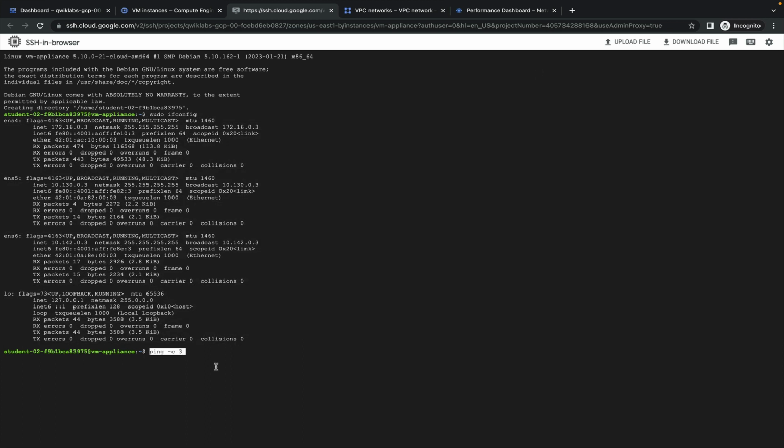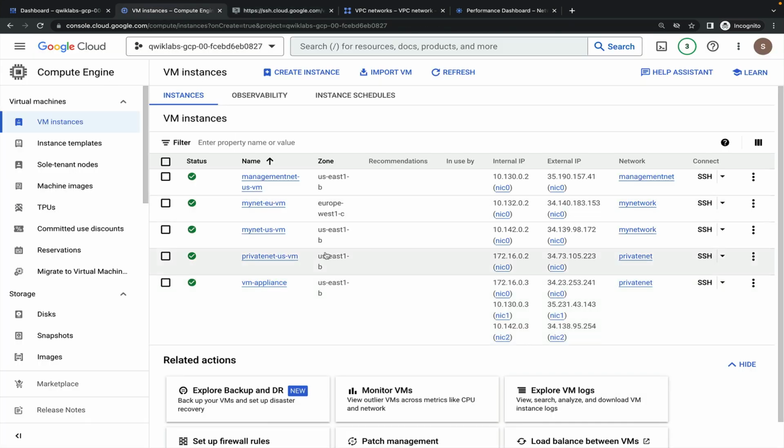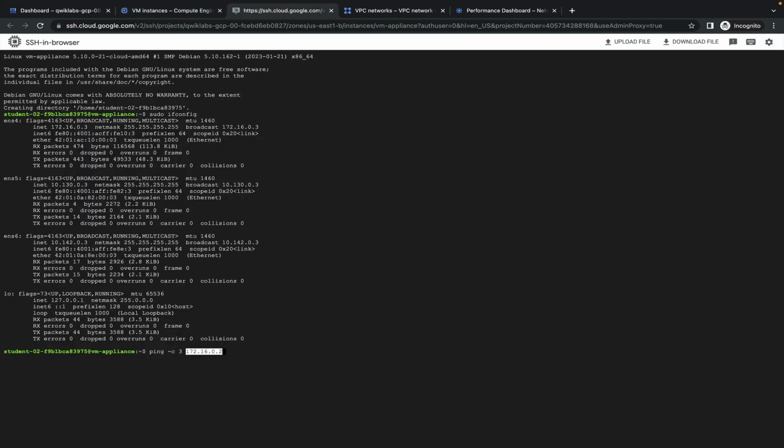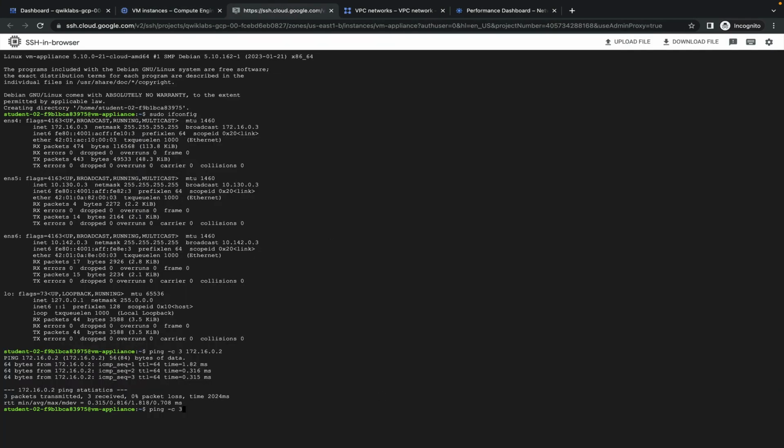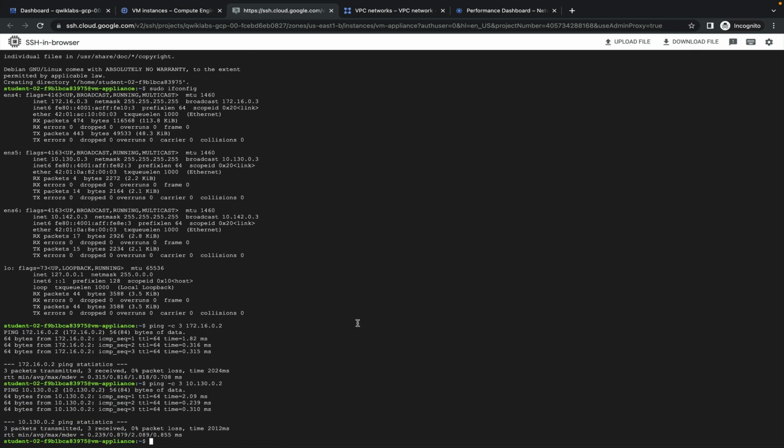As you can see, the private US VM. This ping, just see, and ping, it is also pinging.